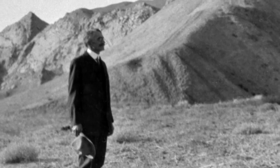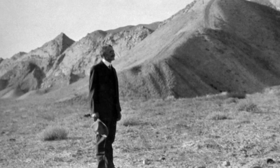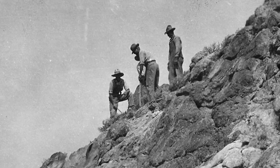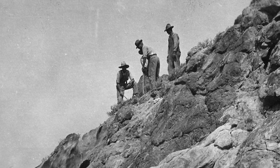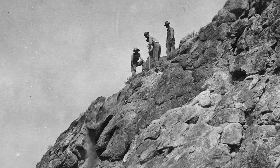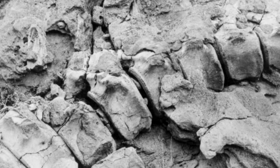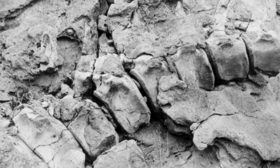In 1909, paleontologist Earl Douglas was hired by the Carnegie Museum of Natural History in Pittsburgh. He was tasked with finding dinosaur fossils for the museum's collection and displays. On August 17, 1909, after surveying a section of Morrison Formation just north of Jensen, Utah, he would make a